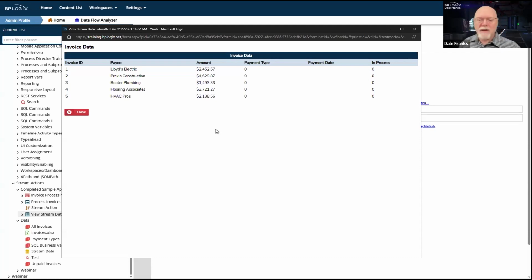begin the process of grabbing that data. So here are the 5 records that I have. These are my 5 invoices, and they're from 5 different companies. There are no payment types, there are no payment dates, and more importantly, the in process flag is all set to 0.